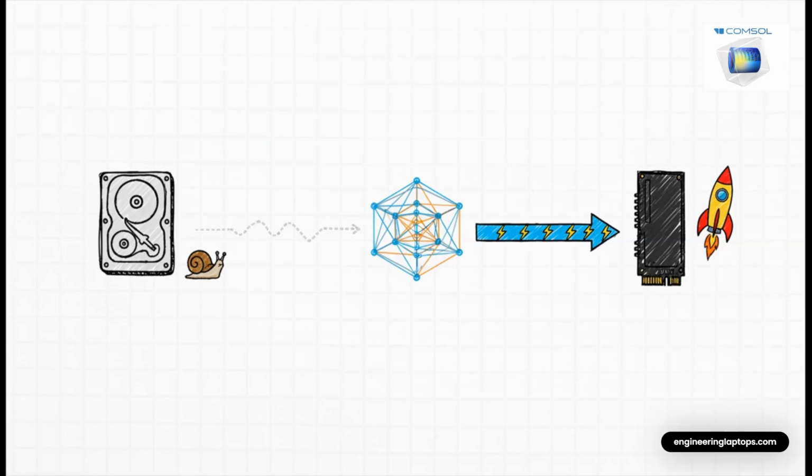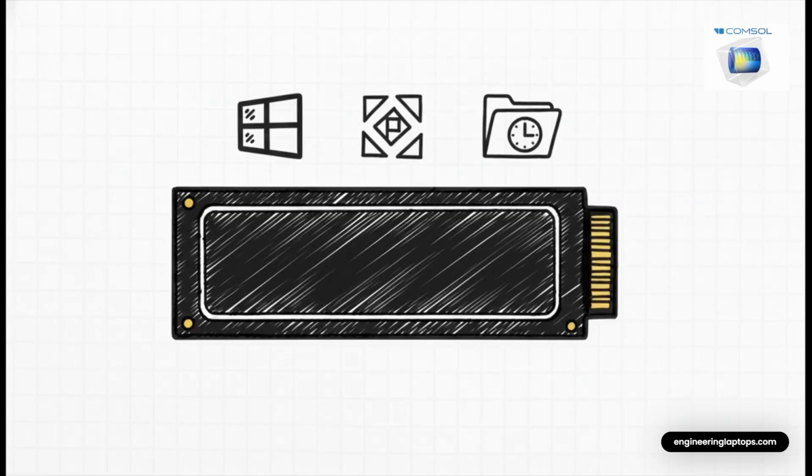You see, COMSOL generates enormous temporary files while it's solving. And if it's trying to write those files to a slow, old-school hard drive, it can bring your whole system to a grinding halt. A fast NVMe solid-state drive, on the other hand, makes a massive difference, especially during meshing and solving. So the key takeaway on storage is this: your primary drive, the one where your operating system and COMSOL are installed, should be, at a minimum, a 1 terabyte NVMe SSD. This makes sure you've got plenty of high-speed space for both the software itself and all those huge temporary files